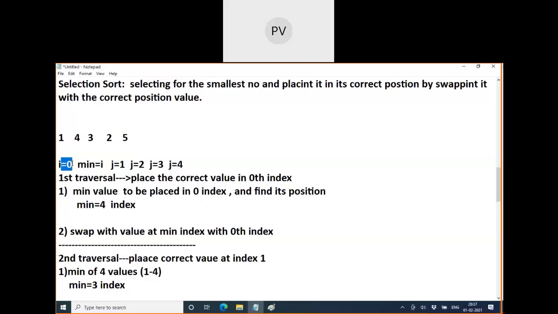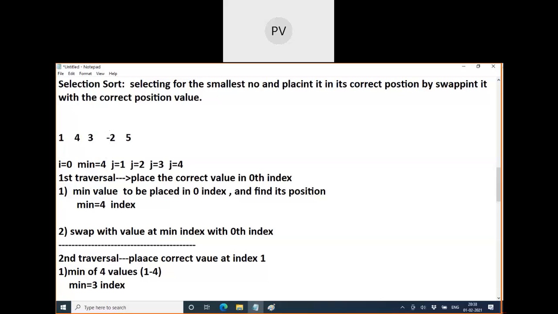I am searching for the number to be present at the zeroth index. So I assumed the element is found at 0 only, but I will compare with other elements. Is there any smaller number than this number? No. No. No. Means min is found at the correct index only. Min is at the ith index only. It's not found anywhere else. If I find any number smaller than the current min index value, what should we do? Memorize that as the index, not swap.